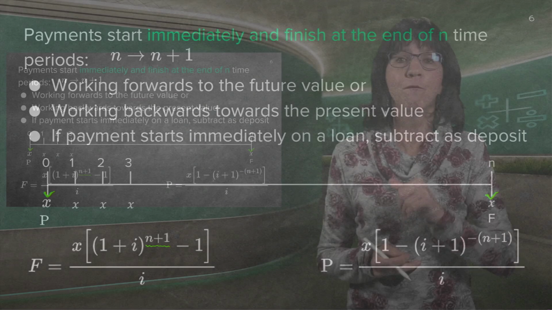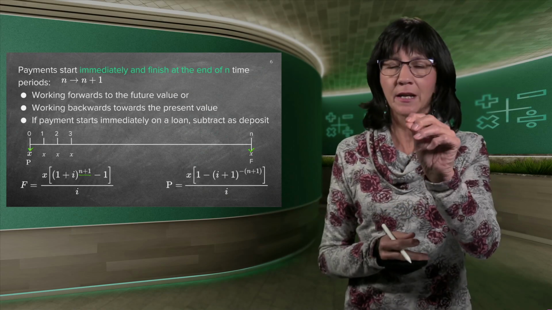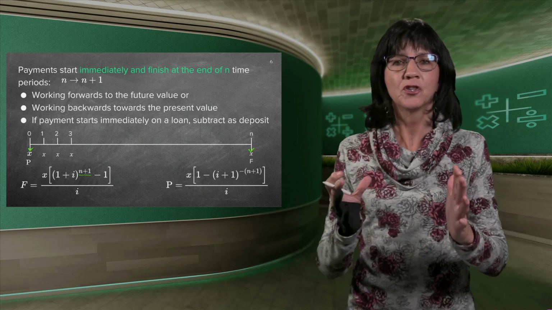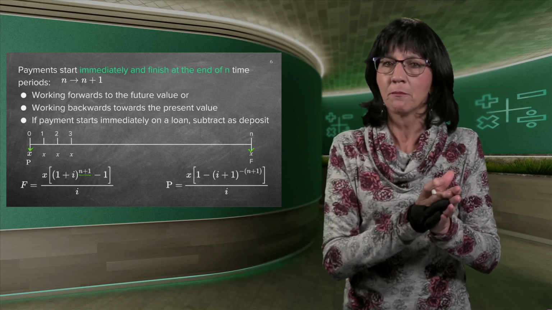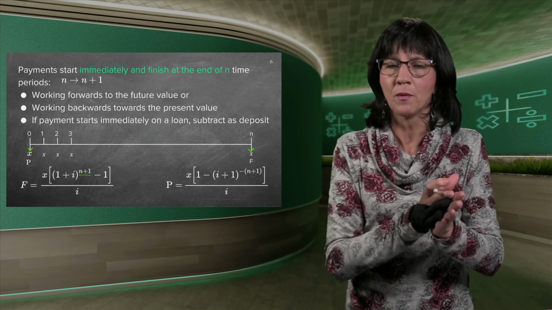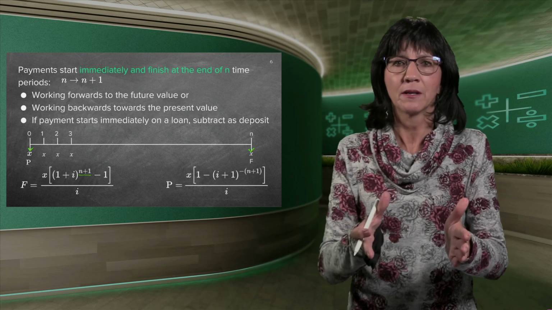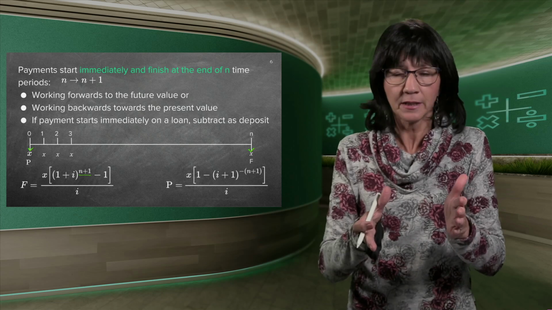You're not going to change your formula, but the value that you put into the formula will not just be N, it will be N+1. And it's a very logical thing. So just think carefully about what I'm saying. If you start right in the beginning of the month, which is not supposed to be, since the formula starts at the end of the month, you've got one extra month in which you've made a payment, and a payment involves interest.